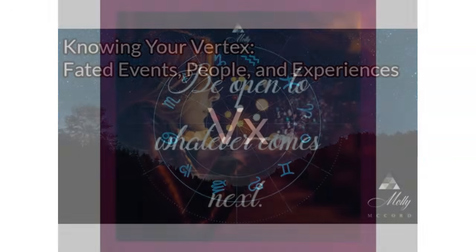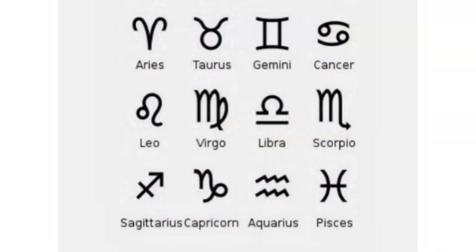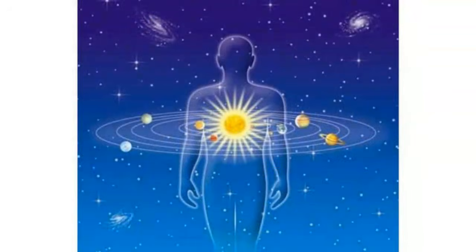And this is something too that you can't necessarily plan out, but you sense it and the universe brings it forward. And so the vertex will show up as being very alive. Again, it's known as being electrical energy when it is triggered by any number of transiting energies. So let me go through this list, because this could help you understand more about the significance of the vertex